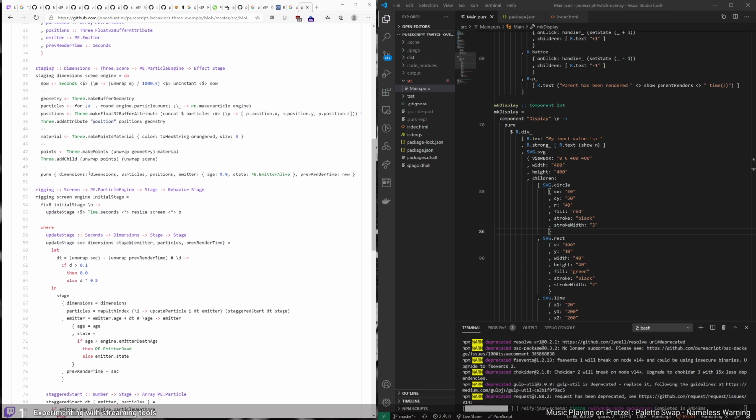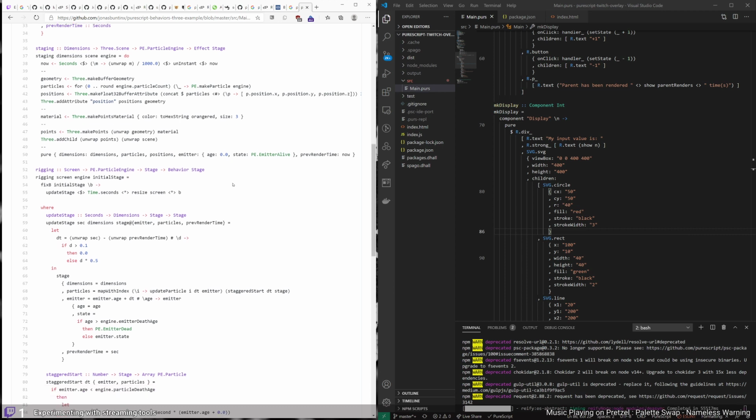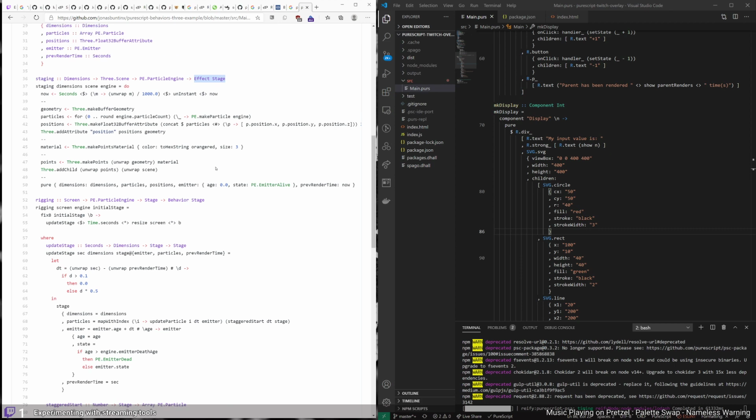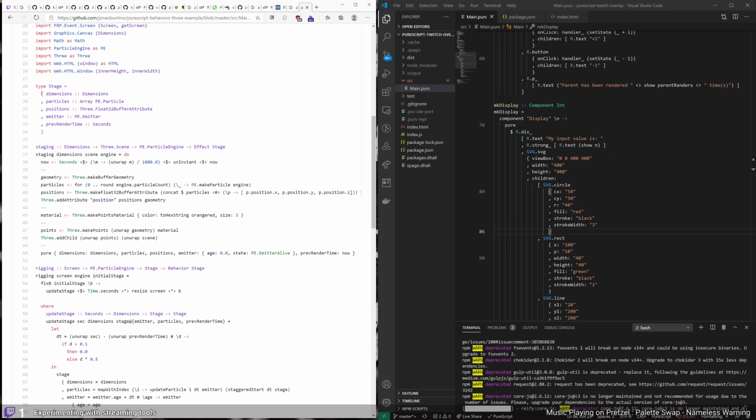I'm trying to understand the staging. It seems to be some wrapper around the Three scene, and it also takes the particle engine for some reason. Maybe it's just for the state. It's effect of stage. Yeah, stage is the effect, the state,